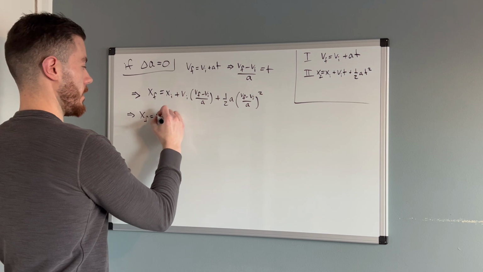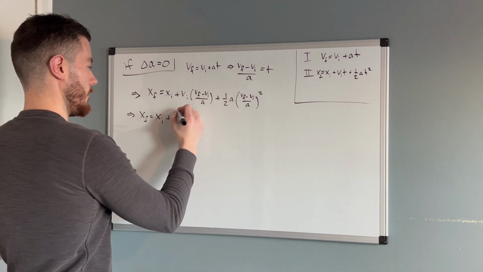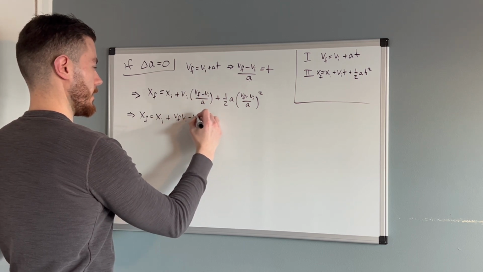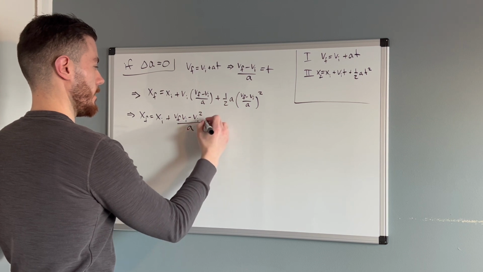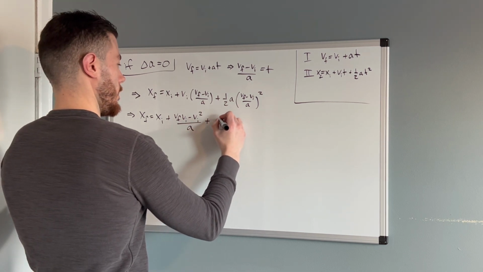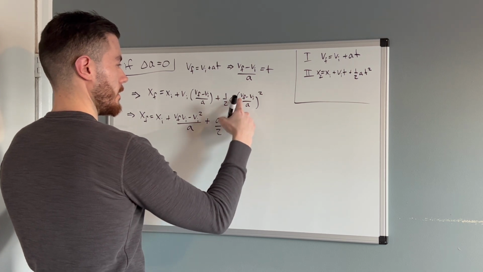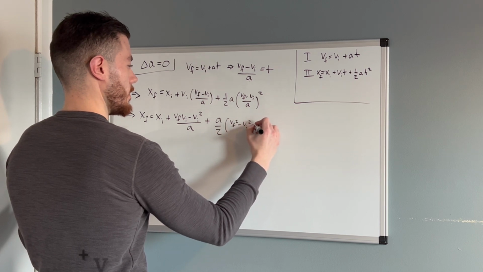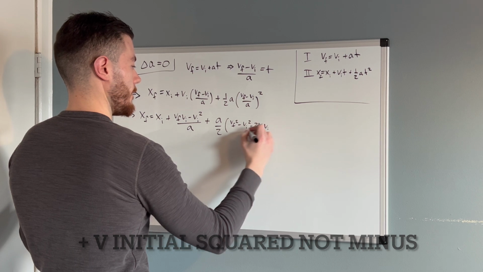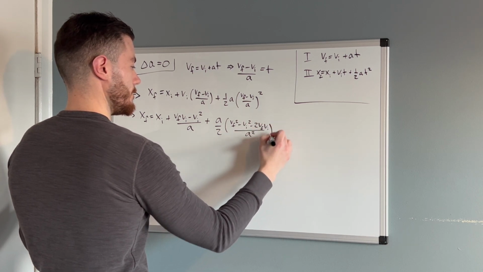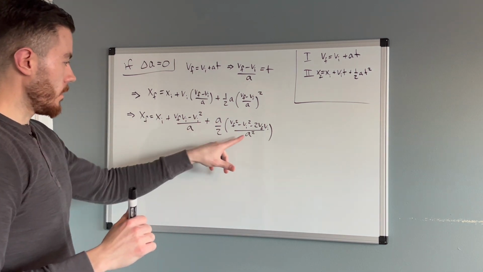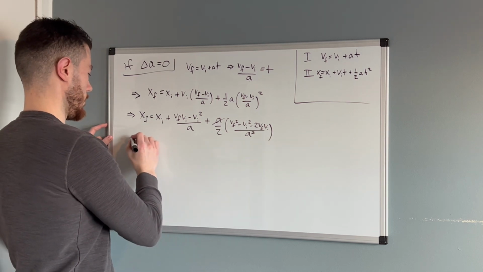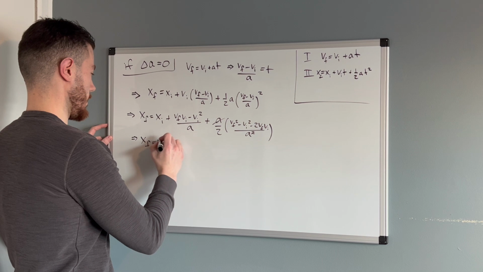Xf equals xi plus vf vi minus vi squared over a plus a over 2 times vf squared minus vi squared minus 2vf vi over a squared. I just FOILed that. One of these a's is going to cancel with this a, and we are left with x final equals x initial plus